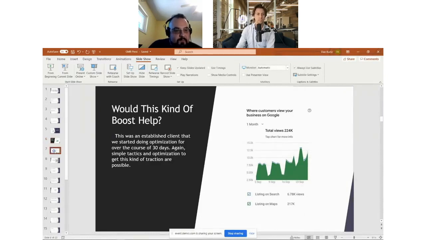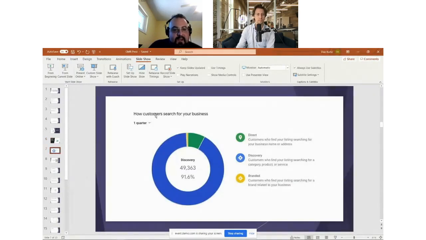And then just to show this really quickly. So this is kind of a breakdown that you'll see inside of your Google My Business. So the green is people looking for your business name directly. The yellow is people looking for your brand that's related to your business. And then the blue is discovery, which is like your SEO type stuff. So you can see that was almost 92% of the traffic for one of our clients over the course of a quarter. So over 90